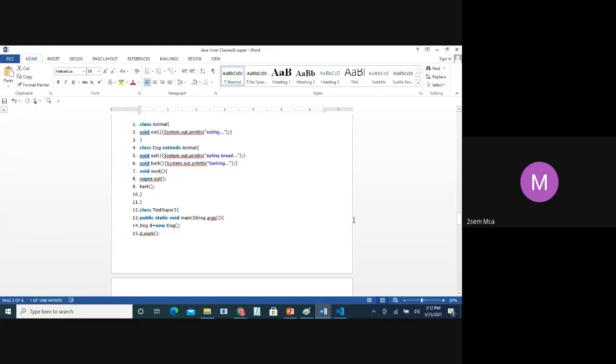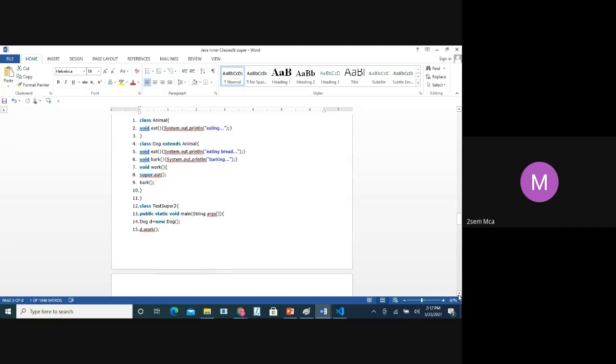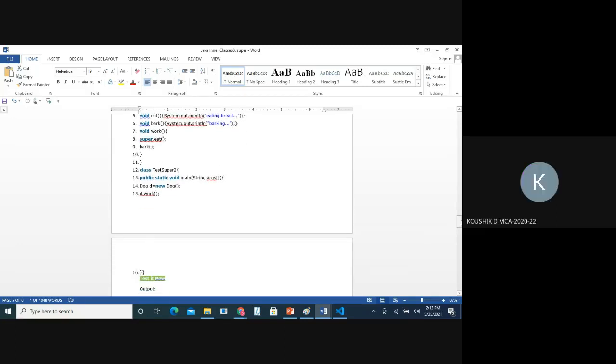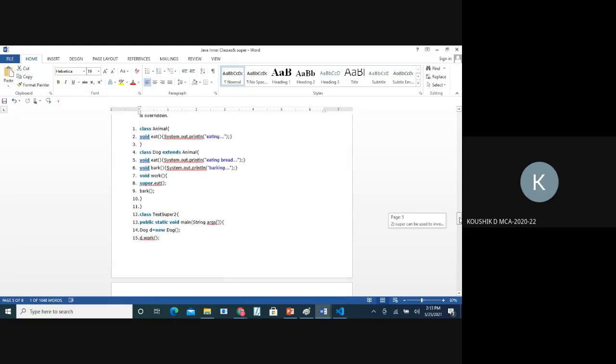Now what should be our output? Eating and barking. Very good. Why? Because in d.work, which method have we called? super.eat. Because of the keyword super, it takes the immediate parent.